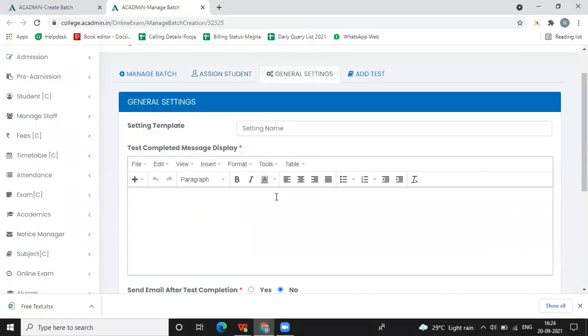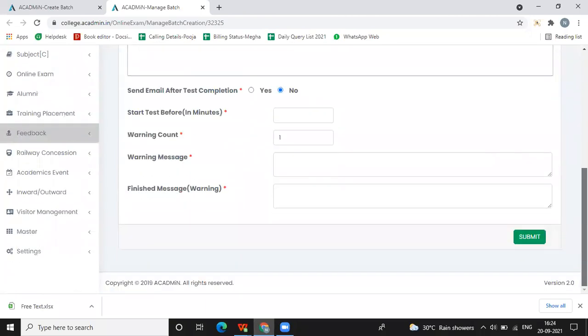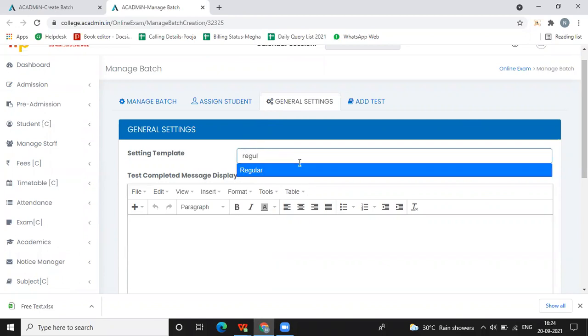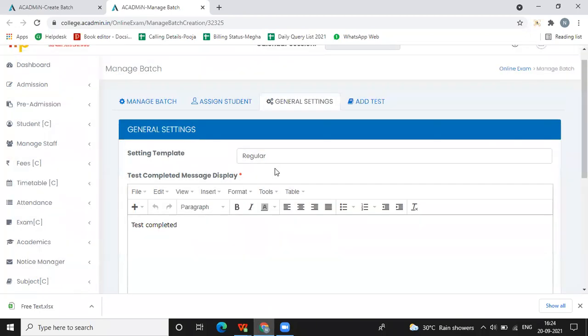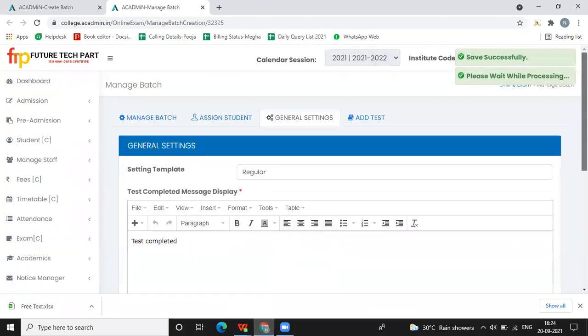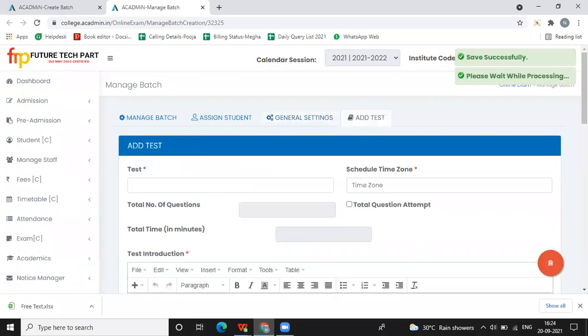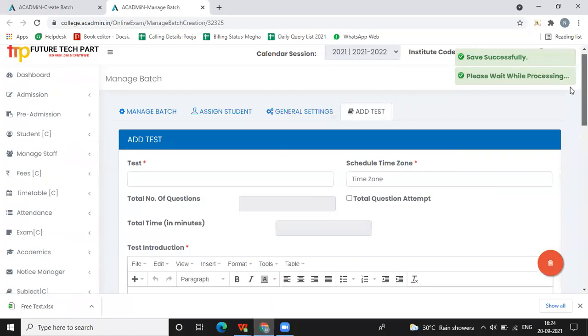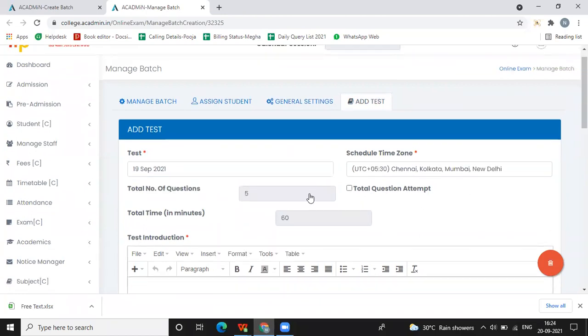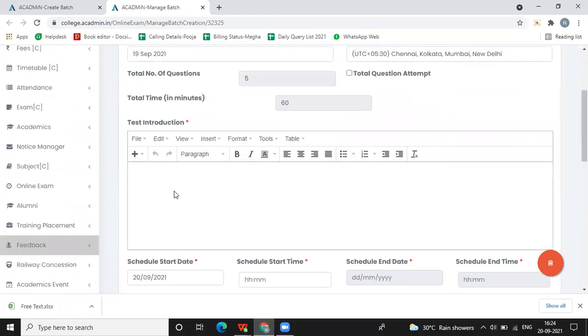Then after this, what are the general settings which we have to do? This is the setting for batch exam. We have already created one setting like regular. We'll just copy it and submit it. Finally, we'll go with adding the test for this particular batch. Now the test name which we have done is 19 September 2021. So automatically all the configuration will be carried out. We just need to add the test introduction,